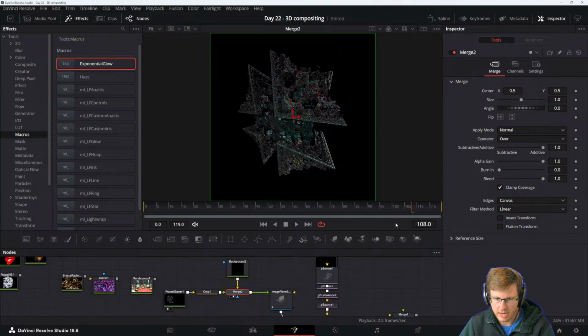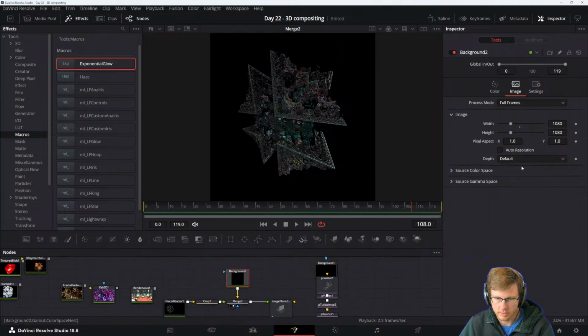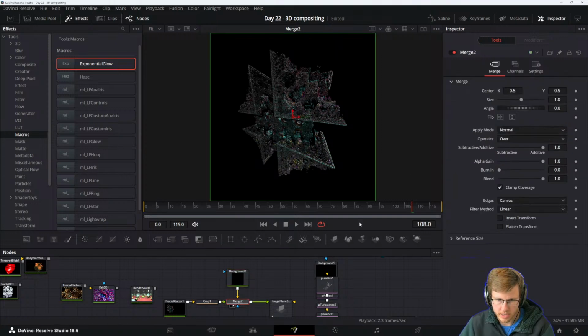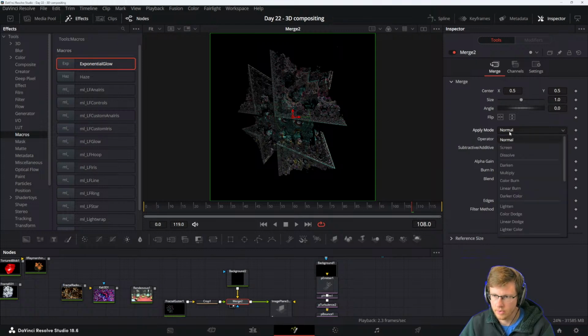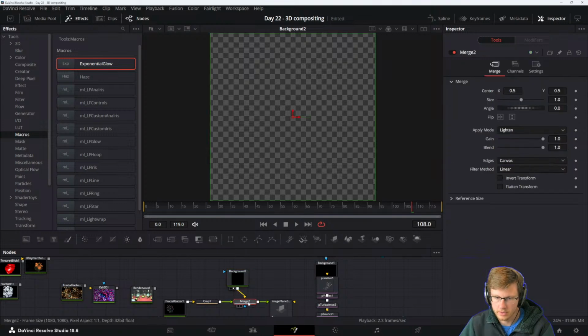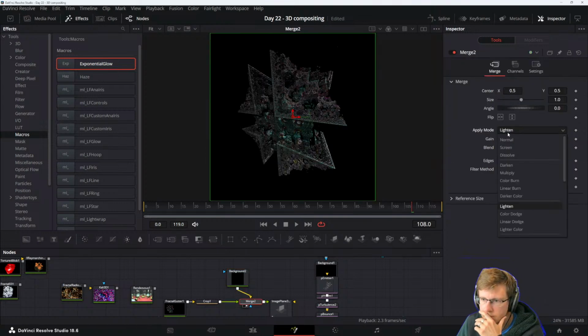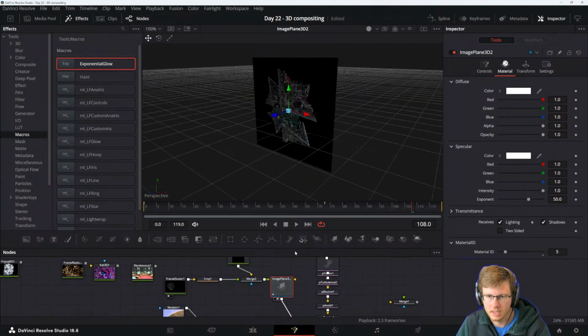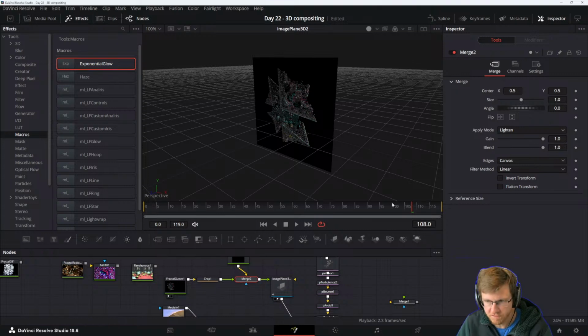And now that we have the background, wait, oh, we make the background transparent, and now this is transparent. Now we can make this blend, darken, lighten. Huh? What the